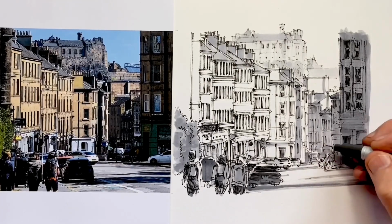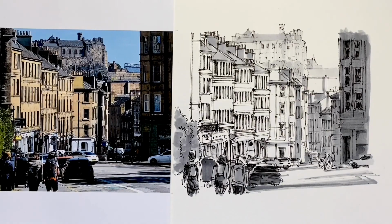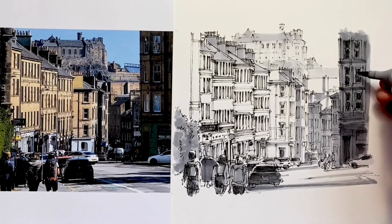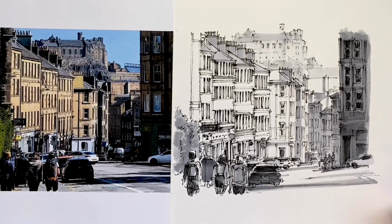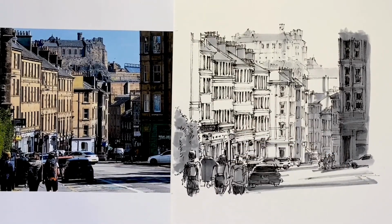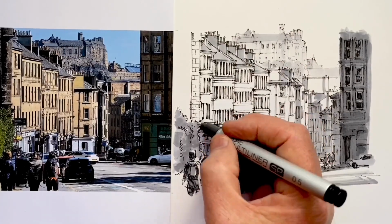done. There's just a few little adjustments that are done, and there are still some adjustments I could do. I think I could go a little bit darker right in that centre distance, down the lower part of the street, right down the bottom. But gosh, where do you stop? So my 30-minute drawing's now close to 40 minutes to being finished, which I think is a good pace for